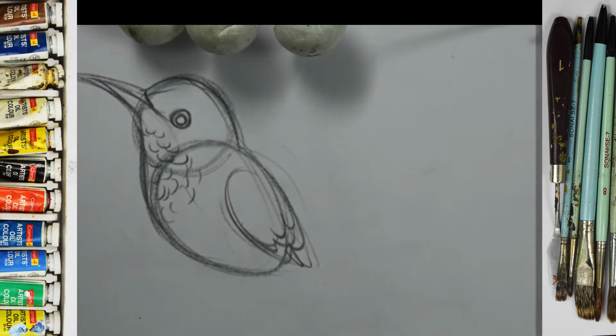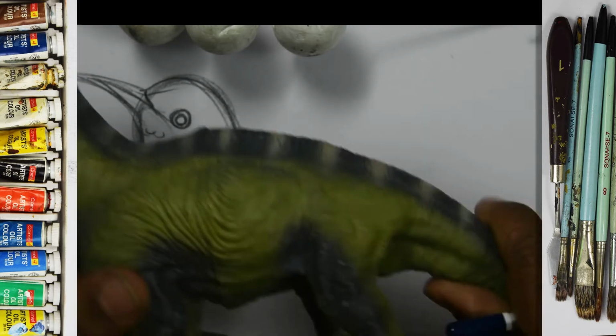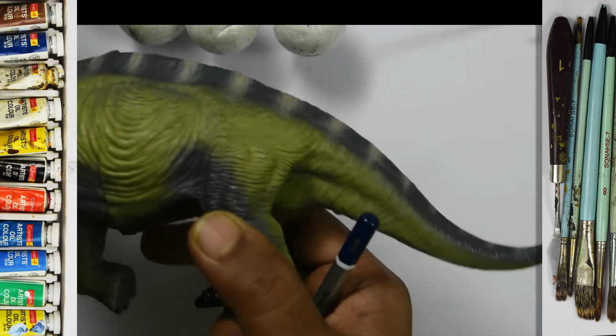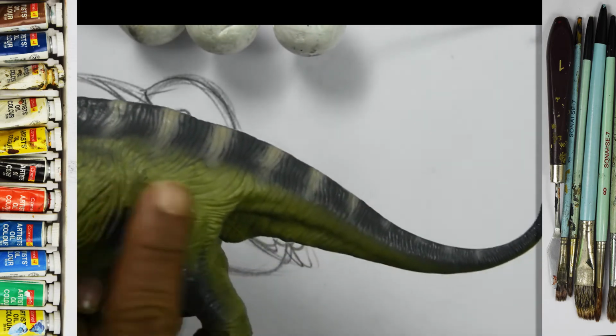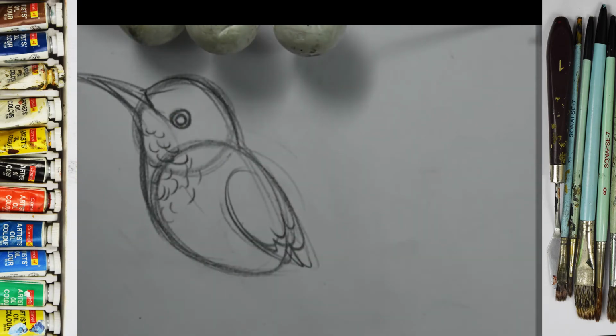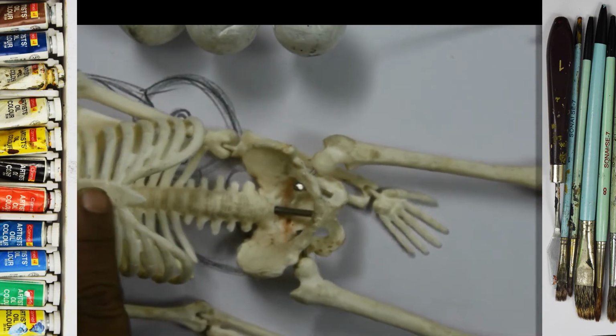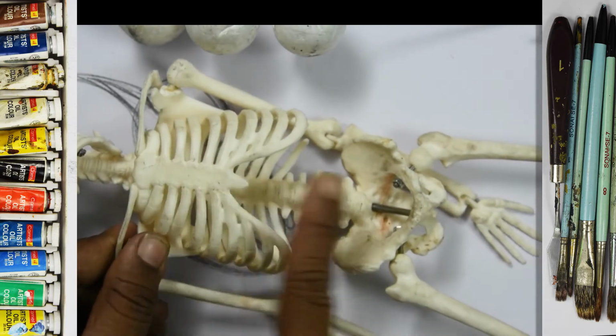See, any character, like a human character, any skull, or any animal, I will show you. Suppose you want to make an animal, see here is an animal. Here is the head, this is the torso, and this is the pelvis. Head, torso, pelvis. How do I tell you? Very simple. In a human, the human skull character, see here, this is the head. This is the torso. This is the pelvis.